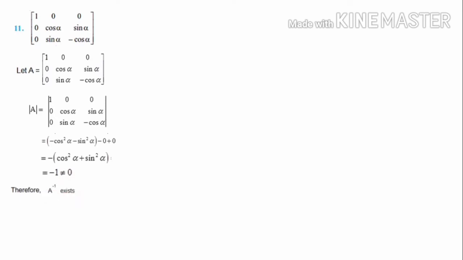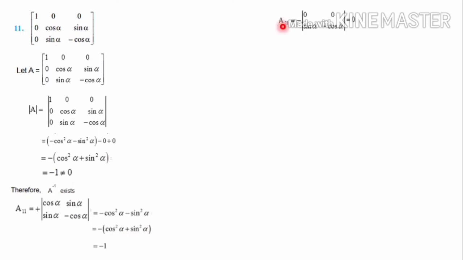Next, we have to calculate the cofactors of each element of the given matrix. First one is A11, that is first row, first element's cofactor. If you take 1, that particular row and column is gone. Cos alpha, sin alpha, sin alpha, minus cos alpha, these are the elements. Just we have formed the determinant, then expand it. Cos alpha into minus cos alpha, that is minus cos square alpha. Sin alpha into sin alpha, that is sin square alpha. When you take a minus sign outside, cos square alpha plus sin square alpha, that is equal to minus 1.